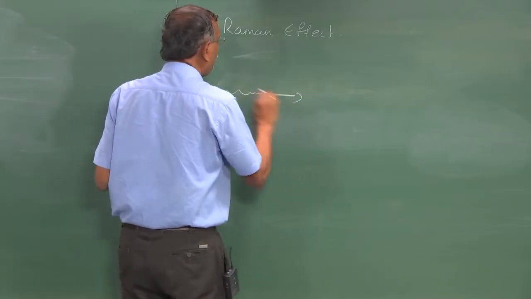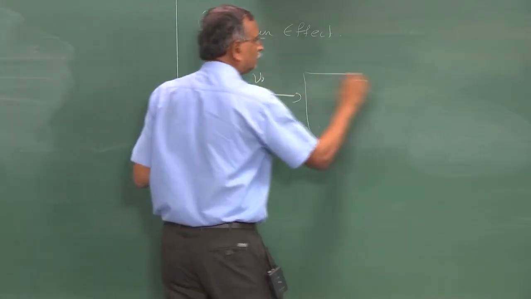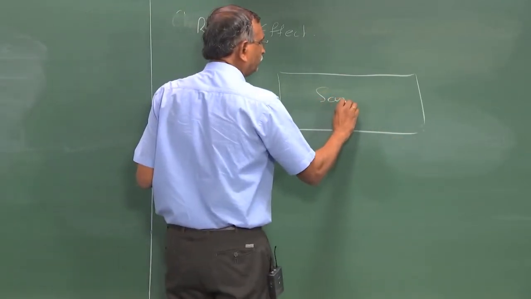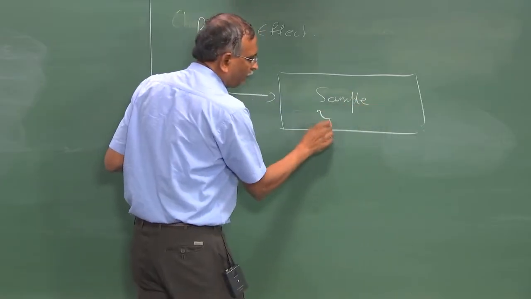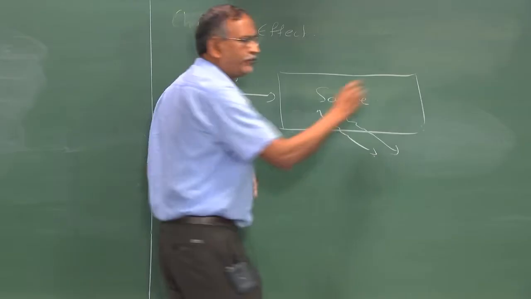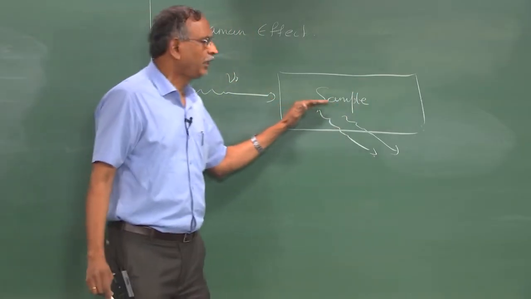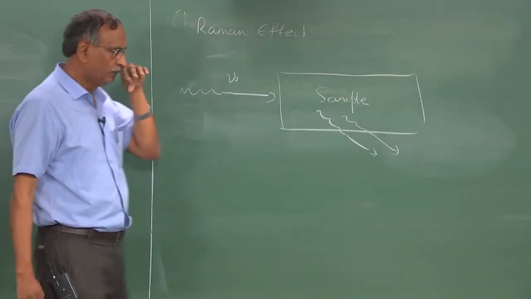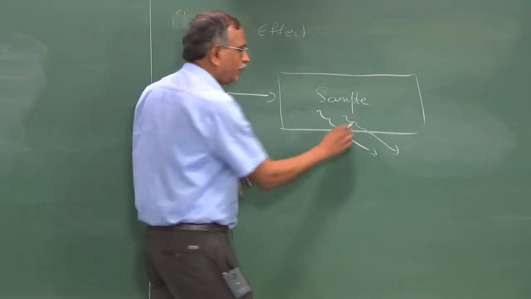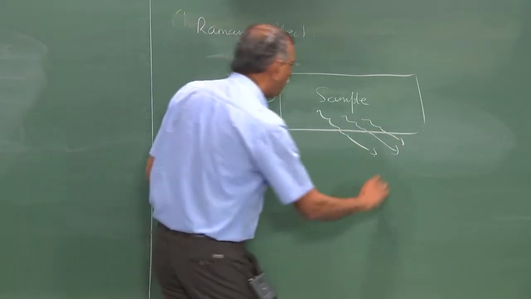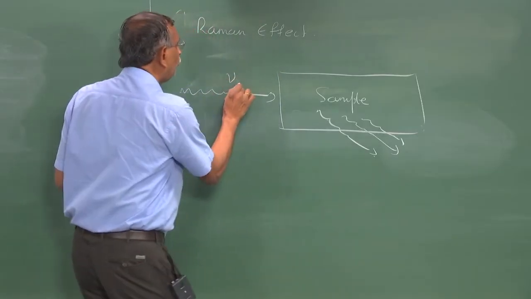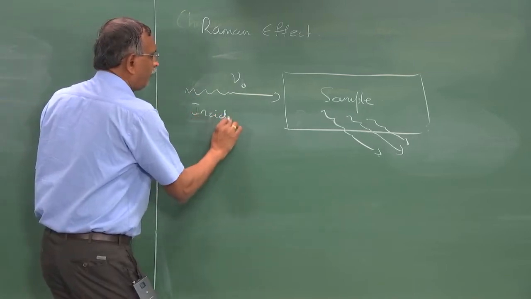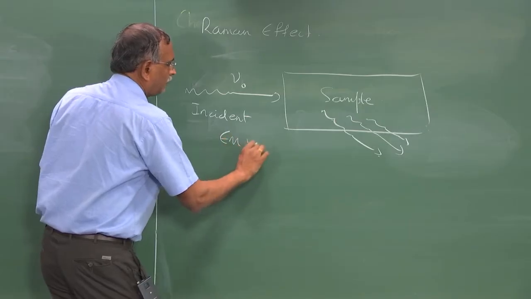Light of some frequency nu naught irradiates a sample, and this is a transparent sample. Therefore, a small portion of the light gets scattered, while the bulk of the light is transparent and goes straight through. And the very small portion of the light that is scattered seems to have not only the nu 0, which is the frequency of the incident electromagnetic radiation,